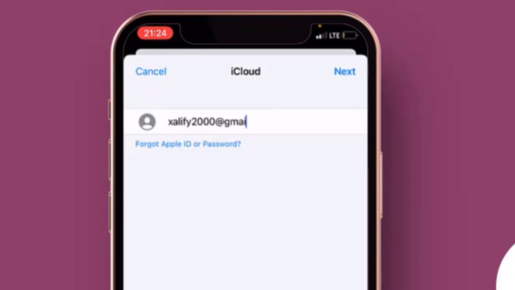Hey, sorry, did I put Gmail? I'm used to Gmail. So icloud.com. So you put icloud.com and you hit forward. Okay, hit forward next,